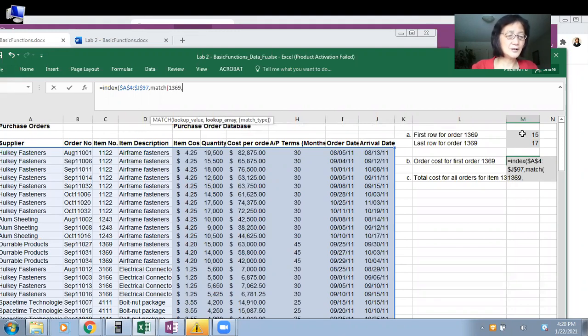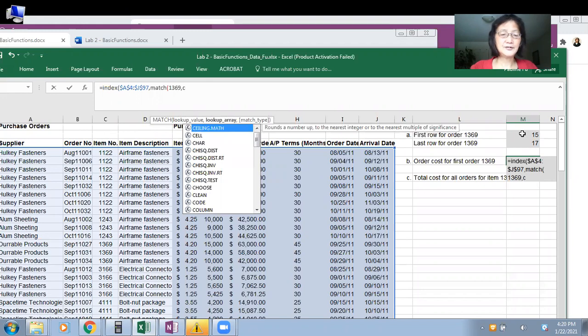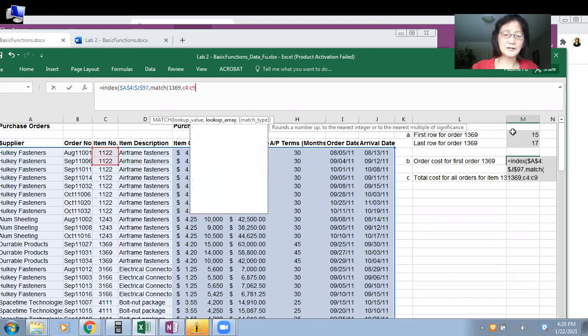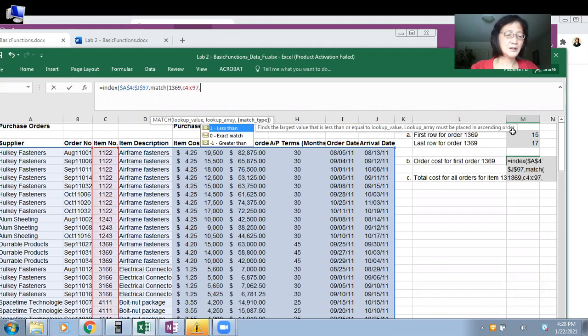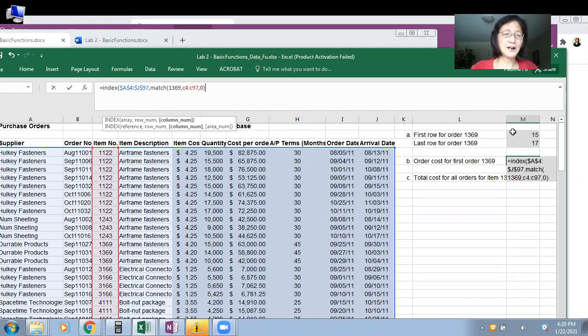1369, the lookup column, and then the C4 to C97 column, comma 0. Then comma again, next parameter,